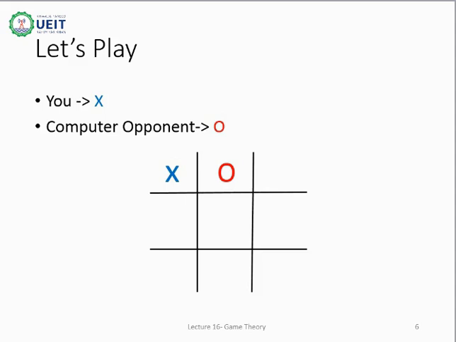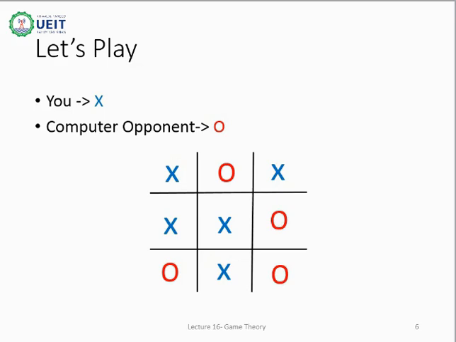In other words, you are trying to maximize your utility or benefit by taking effective moves. The opponent or adversary is trying to minimize your utility or benefit by reducing your chances to win. This war of maximizing and minimizing the benefit is given the name of game theory. In the same way, the complete game will be played by marking O's and X's.